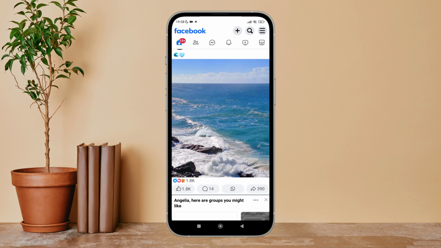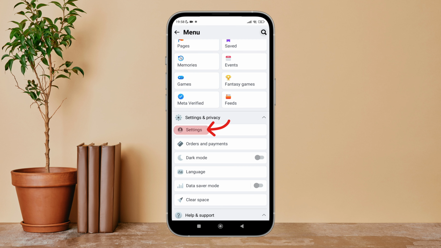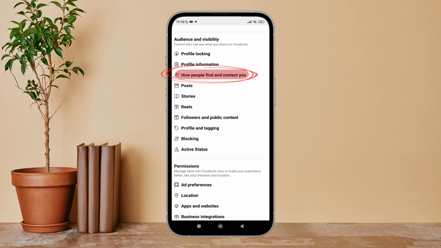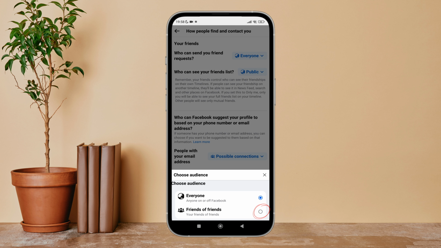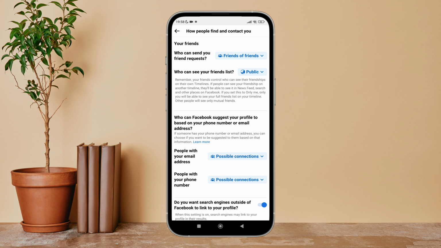Then tap on three lines icon. Next, tap on settings. After that, tap on how people find and contact you. Next, you can see the option of who can send you friend requests. Tap on it. After that, you can see the option of friends of friends. Tap on it. So, this is how you can change who can send you friend requests to friends of friends